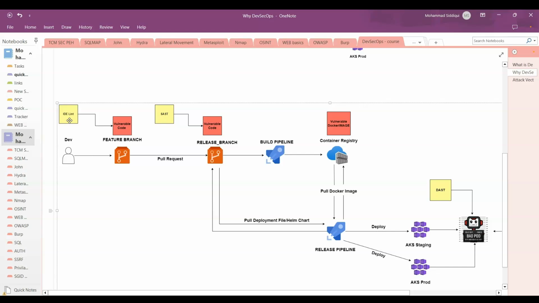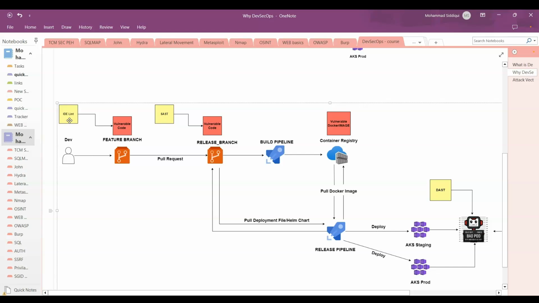The developer will install this, and while he is writing code, this extension is active. This extension is checking the entire local repository which you have cloned locally, and while you are typing, it will give you an alert, just the way you get for spell checks and grammar checks,